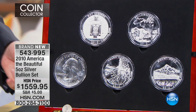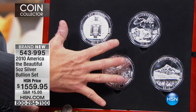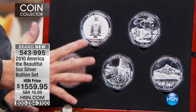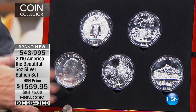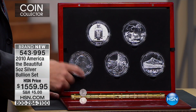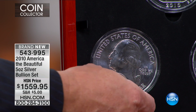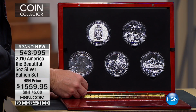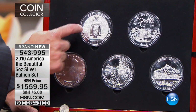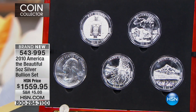And so all of a sudden it's not just bullion, and you have to understand, this is 25 ounces of silver. This is 25 ounces of silver, and I've only got 20 of these. This is a regular quarter right here. This is the quarter when it's done in 5 ounces. Each coin is 5 ounces of pure silver. So when we say it's a 5-ounce set, it's not like each one's 1 ounce. Each one's 5 ounces, and this is the first year of issue. So they did 33,000 sets. To put that into perspective,